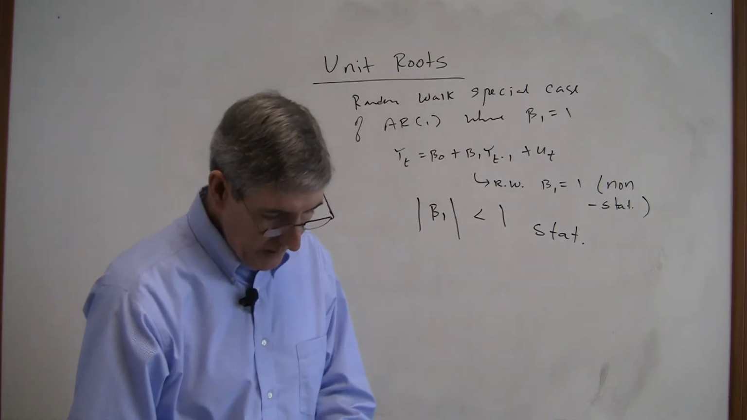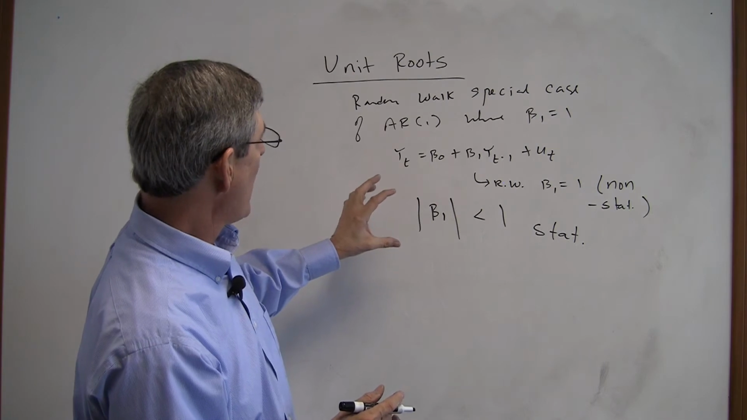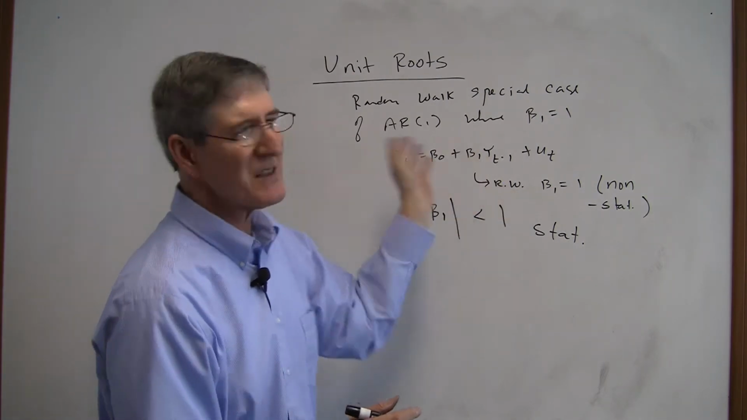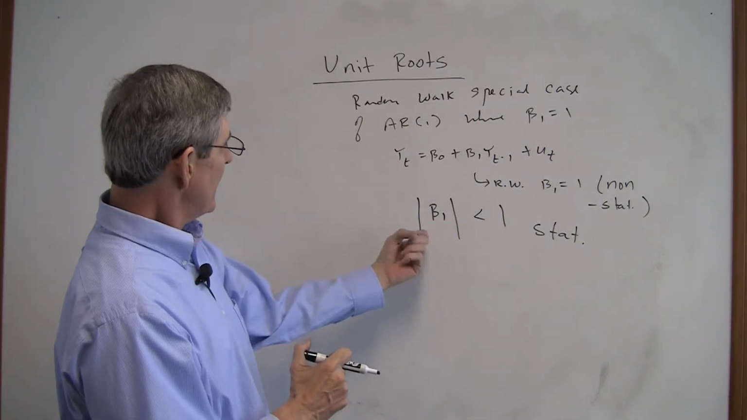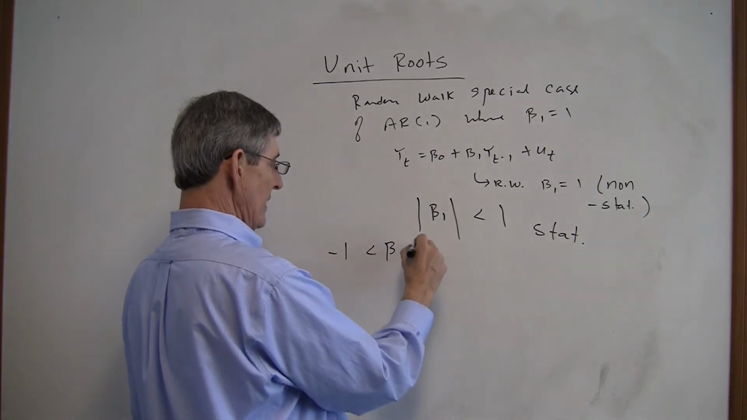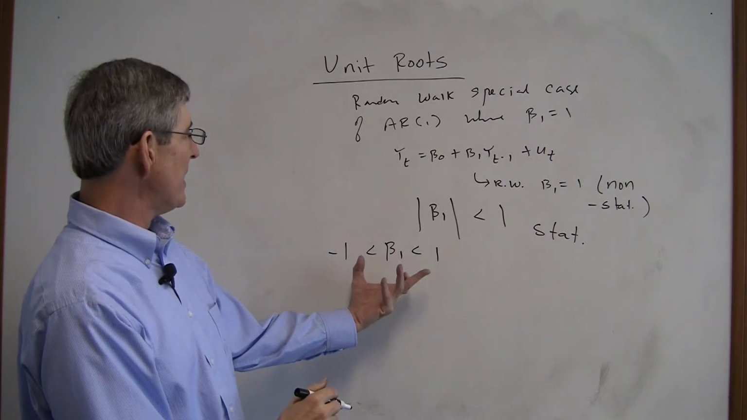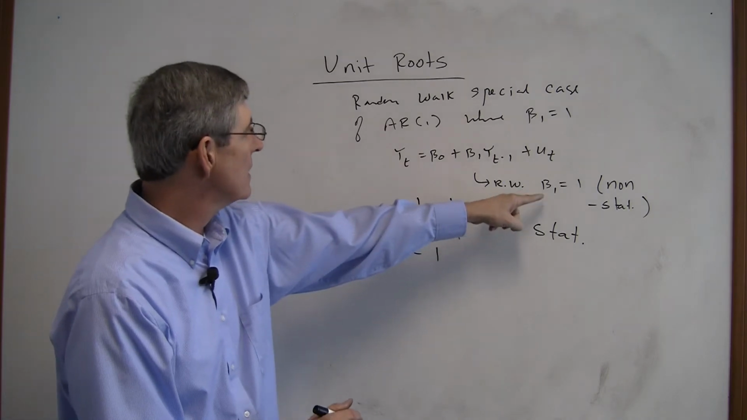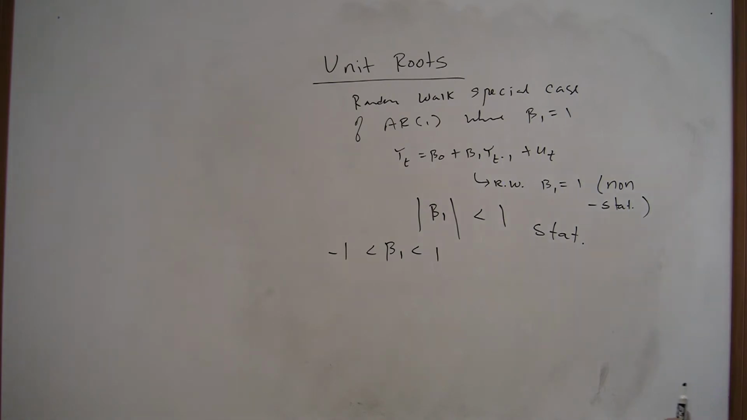So we really want to know whether beta 1 is 1. If it's bigger than 1, that's a big problem too. Or if minus 1 is less than beta 1 is less than 1, that's what this says. In that case, it's stationary. In this case, it won't be. And so why is it called a unit root? I'm not going to go through this